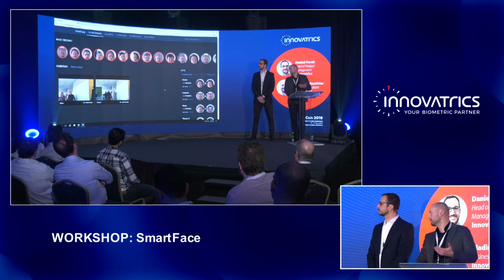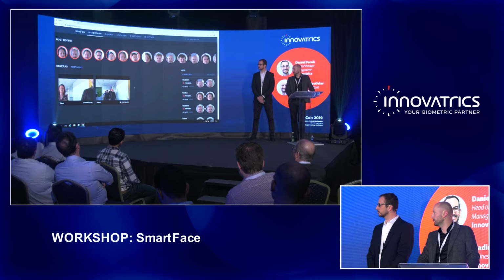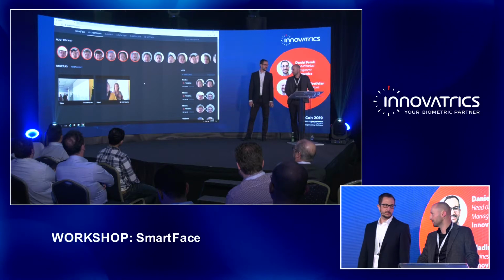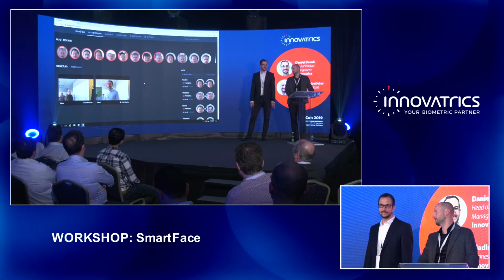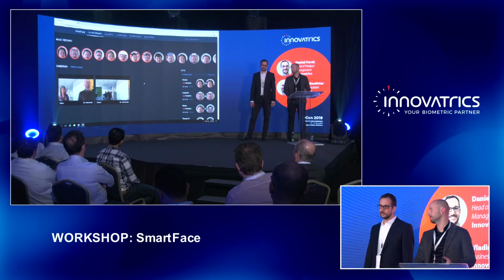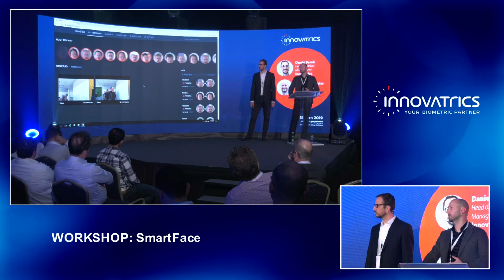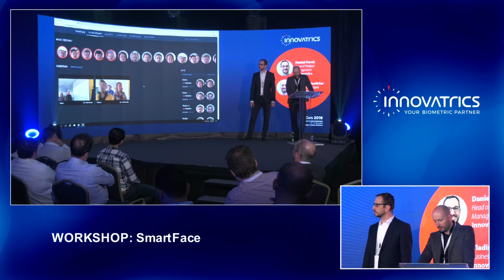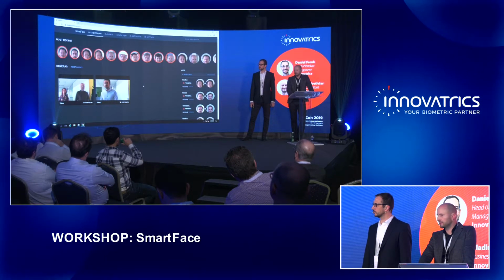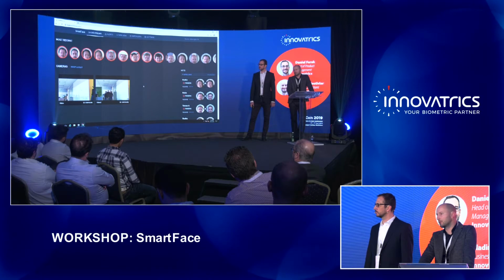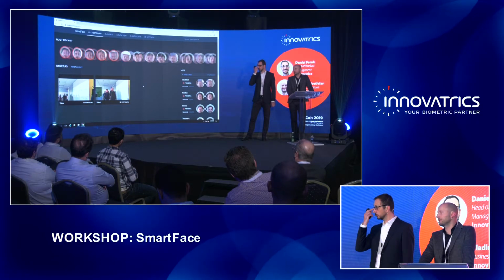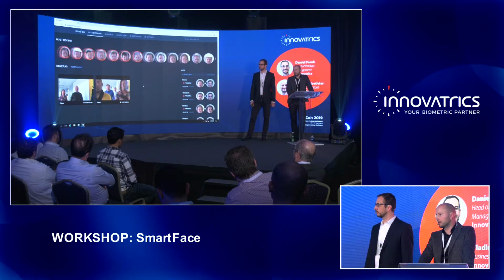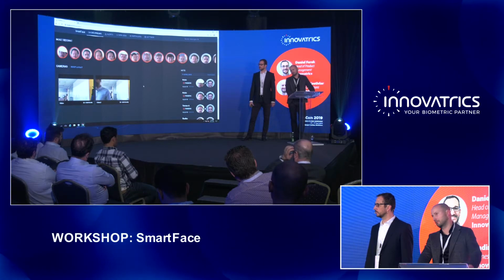Yes, so this is what we call face recognition in SmartFace. Basically, you can add any number of cameras that you wish to SmartFace with respect to the server's processing power. For that, we are able to provide the needed sizing. So that's part of our consulting, part of our support that we give you. If you come to us with an expected use case, with an expected watch list that you want to monitor, we tell you, okay, you need a server with such RAM and with so many cores